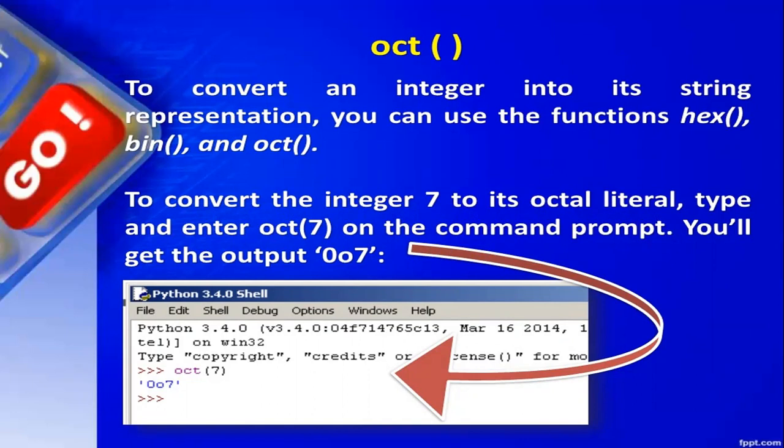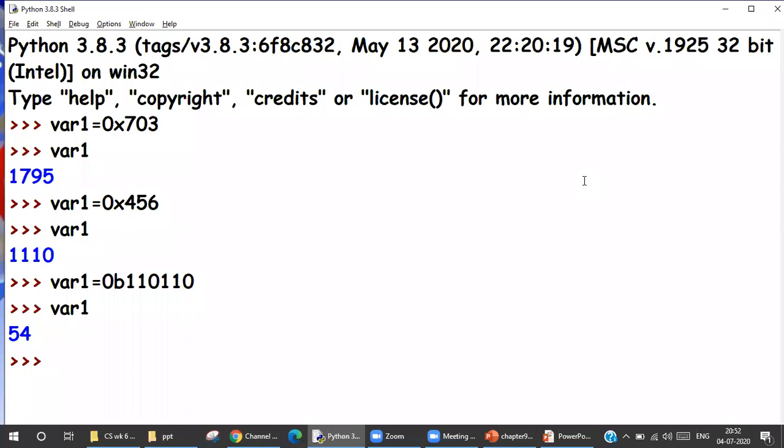So in this case, we have to provide the decimal number that we want to convert, correct? So to convert the integer 7 to its octal literal, you type oct, in the bracket you write 7, and on the command prompt we will get an output. Let's see that now.